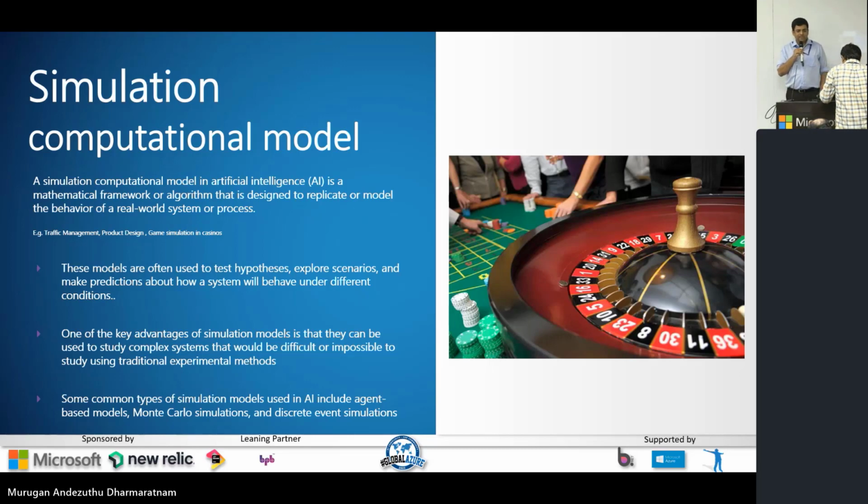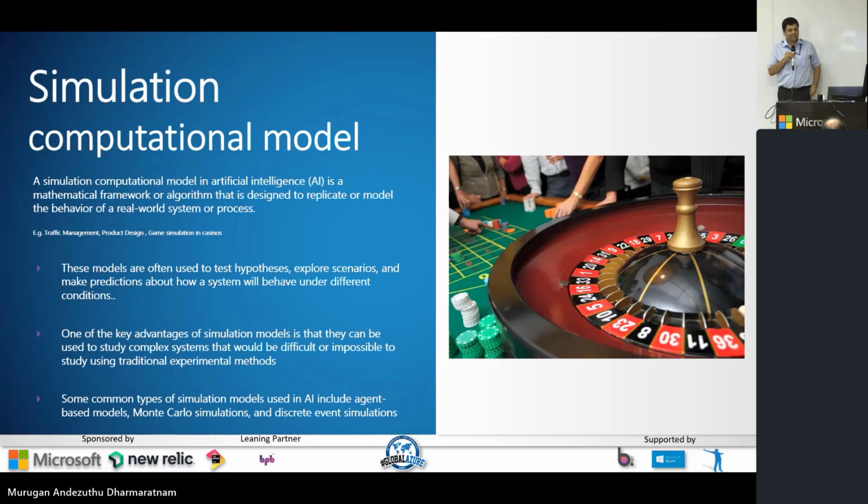if you can see on the top right, there is a green, right? So when you throw the ball, if it falls on that green, that means you actually do not get the money. In Europe, there is only one green, whereas in the US there are two greens. So it tilts when there are two greens, the number of possibilities increases. It tilts the favor toward the casino, right?